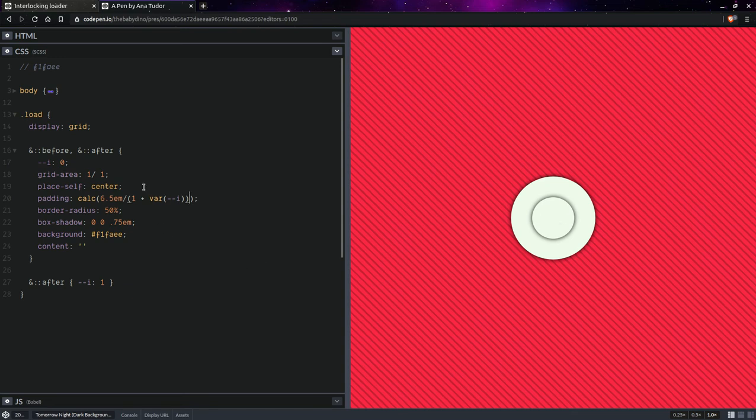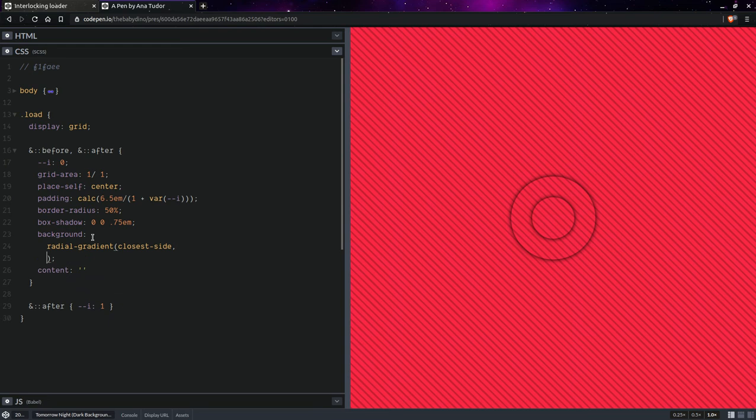Okay, so having done this, we're going to change this background a little bit because that's not what we want. A solid background is not it. So what we'll be doing is use radial gradient, closest side, we don't even have autocomplete for that. And then we'll be having transparent, that color, and then again transparent. Now let's set a percentage here, so let's say something like 80%, and we'll be using this here, so let's say that percentage. Then we're going to have a sharp stop, then we're going to go to 100%, and yeah,